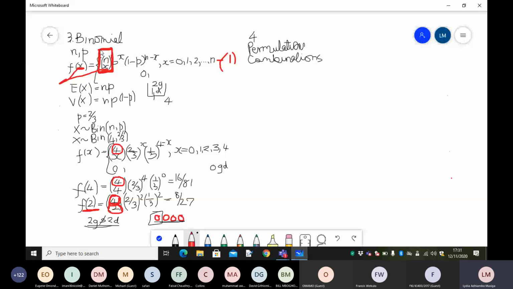So for one of them, the order matters. For another one, it does not matter. So it's the number of ways of picking. Of course, 4 combination 4 is 1. And 4 combination 0,